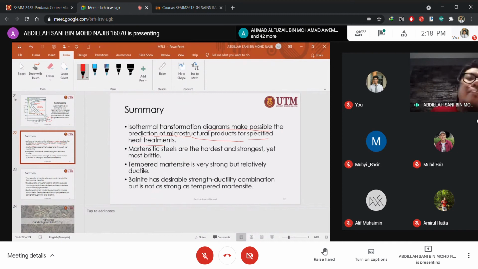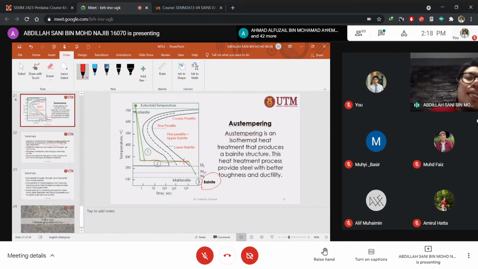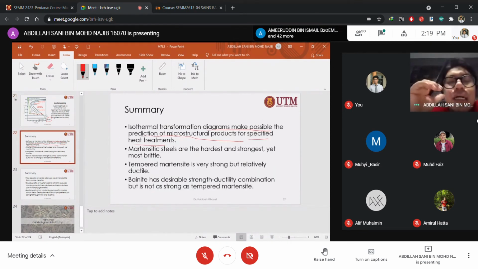By looking at this TTT diagram, we can predict the microstructure of the product, and we have also been exposed to martensitic steel, hardest, strongest, but